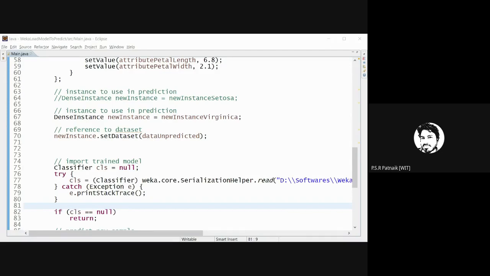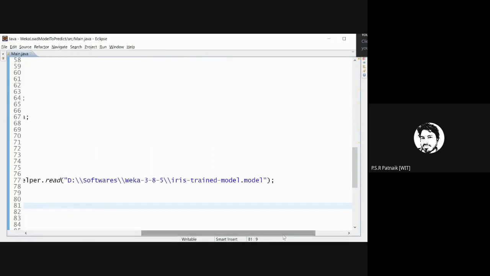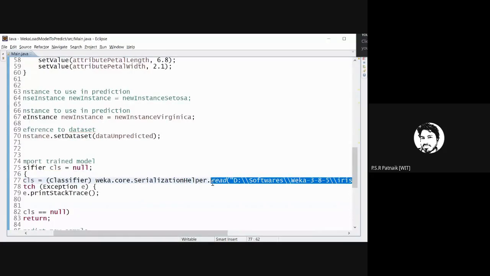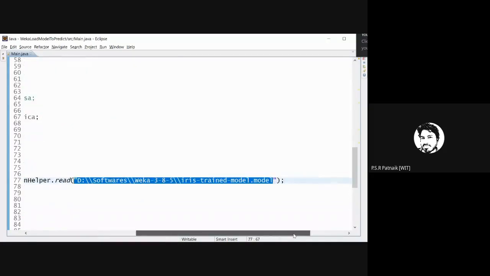So we as developers, we as software engineers, have to ship the model, and generally the shipping works in this way. The exact similar way goes for Python. The exact similar way goes in the case of C++. And remember, nowadays we have compatible machine learning model formats as well. You can build a trained model in Python and use that model file in C++ code. You can build machine learning models in Java and use them in Python. So remember, the ML model which you saw right now can even be used in a Python program as well. There is a Python wrapper which can use Weka trained models.